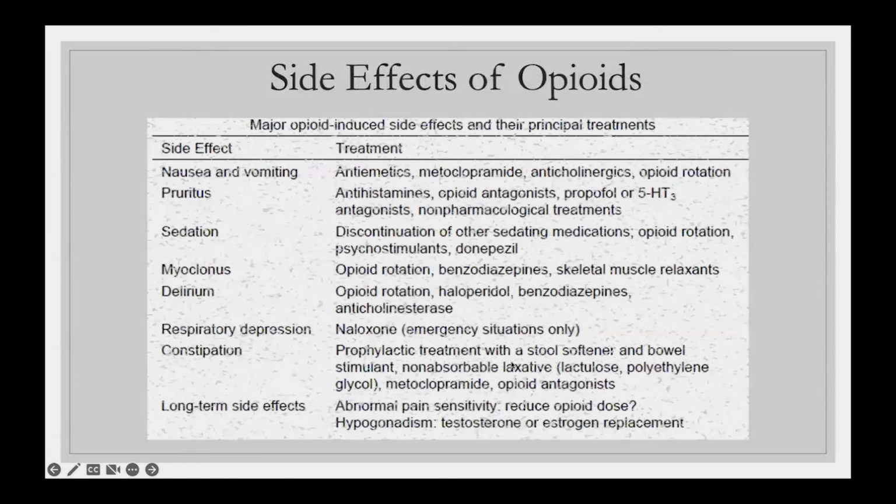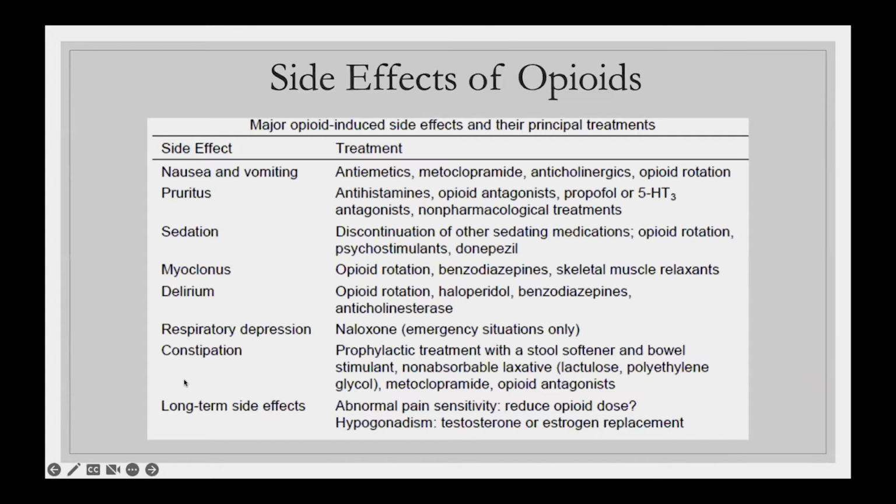As we mentioned, though, opioids do have their side effects, which is the main reason why it's not usually the first thing that we go for. Just to go through some of this table: nausea, vomiting, you have pruritus, which is itchiness. You have sedation, so that in combination with that respiratory depression, which is down here, is quite a dangerous scenario. If you take a lot of opioids, you can get myoclonus, which is basically a fancy way to say twitching that's somewhat uncontrolled. You can also get delirious, where your thinking gets a little strange. Your level of consciousness gets altered because of it.